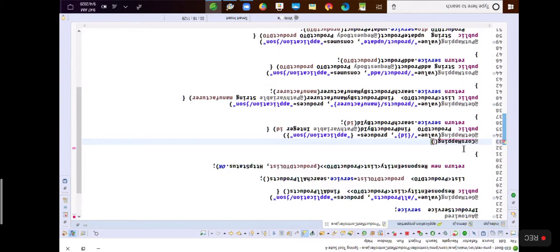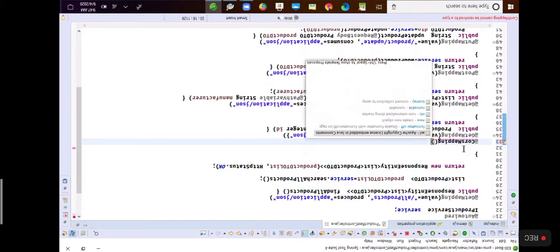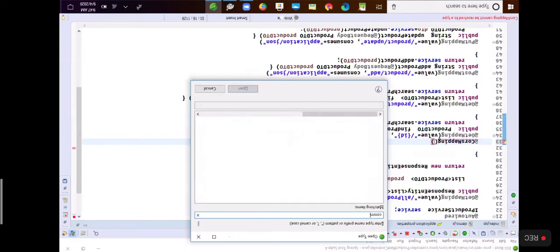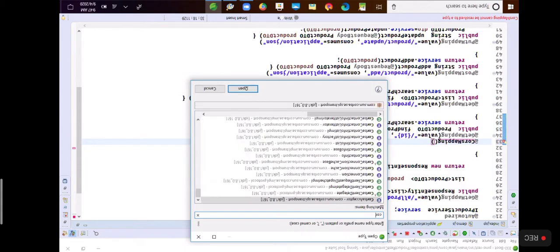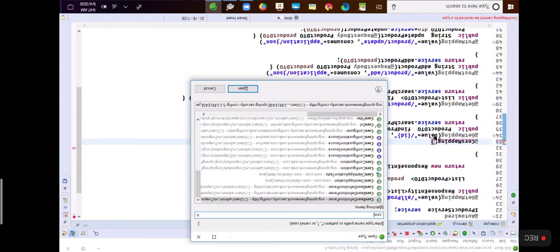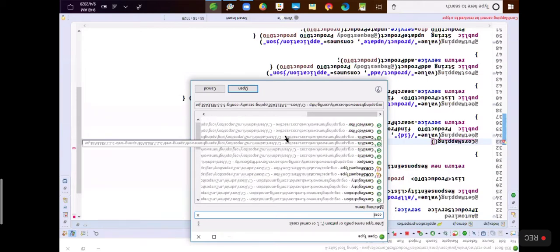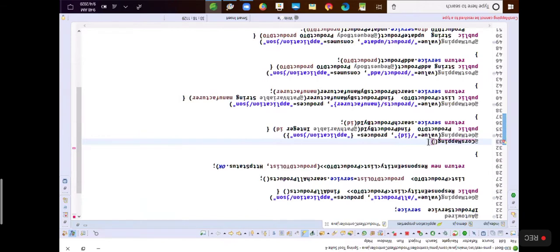Now this annotation has elements. We have the annotation at the method level, or at the class level also we can have the annotation.